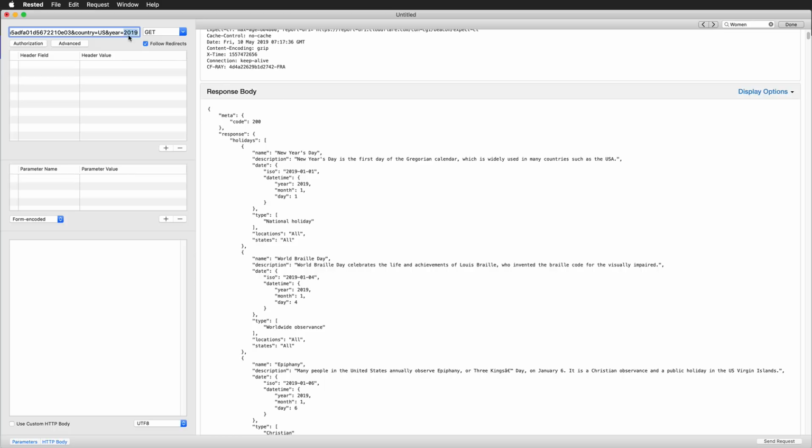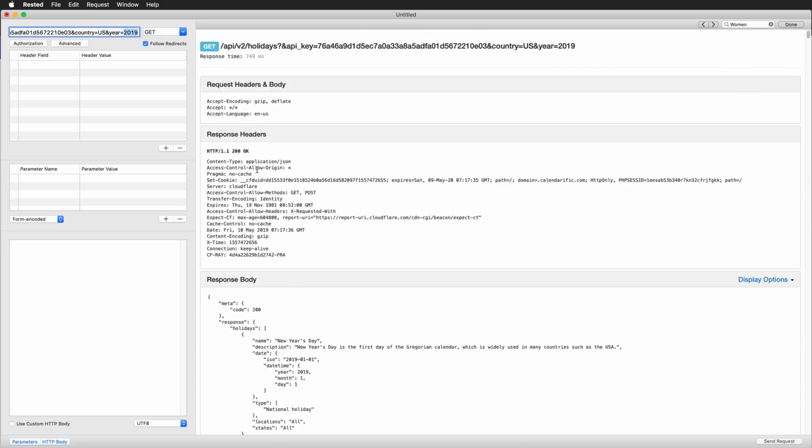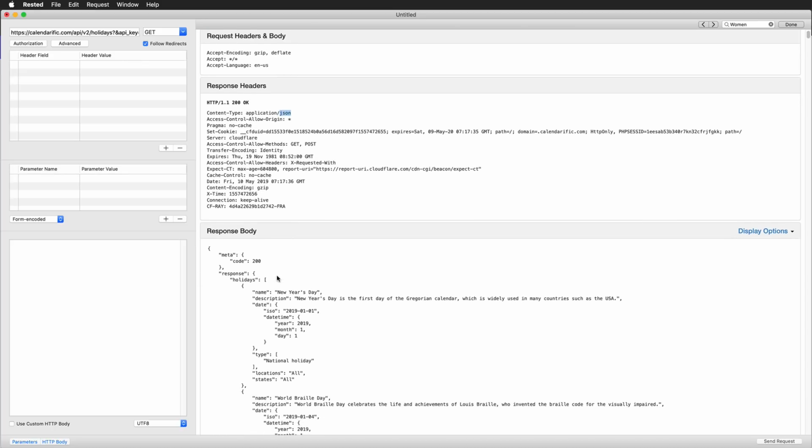So once we enter our query or our API request for the country US and the year 2019, we get a response from their servers with a response header. For example, we can see that we got the HTTP response code 200, which means everything went okay, and we can actually expect to get some information here and a lot of additional information. For example, as a content type, we get JSON information or JSON content here. And this is the actual JSON response